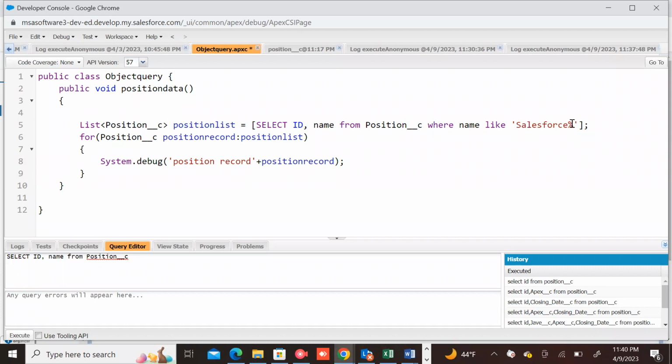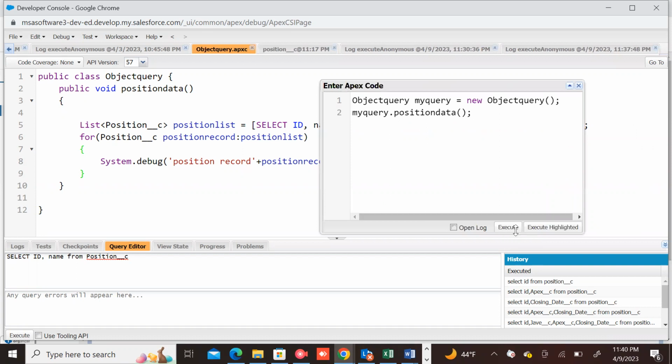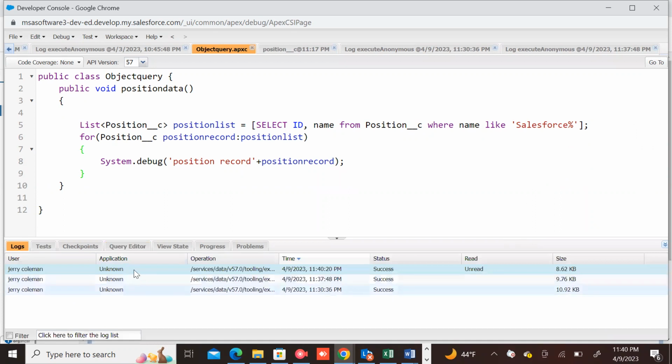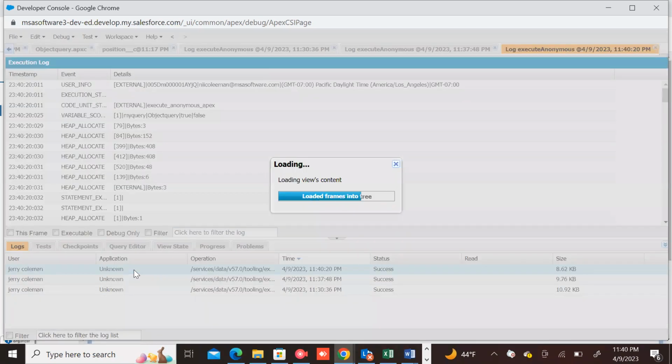Right. Save it. And run it. You will see one more difference now. Execute. And now compare. Go to logs, below logs, and open the